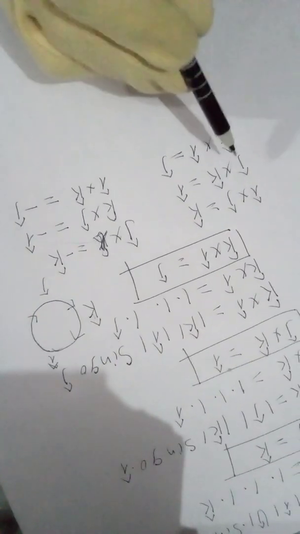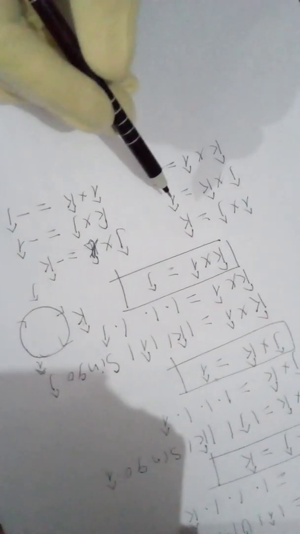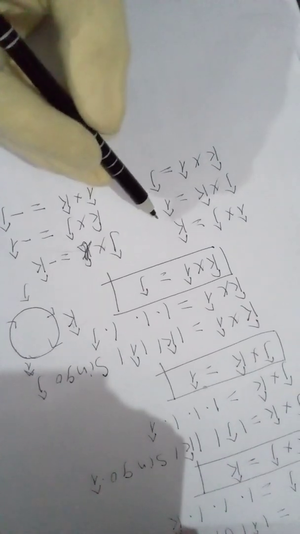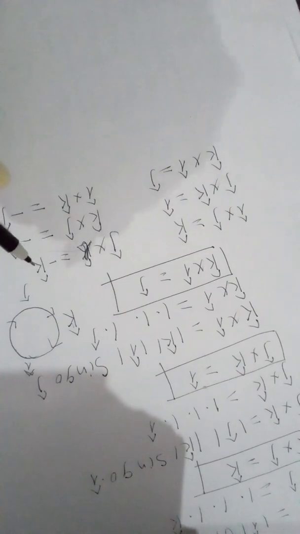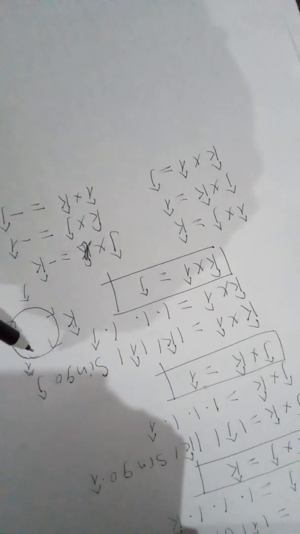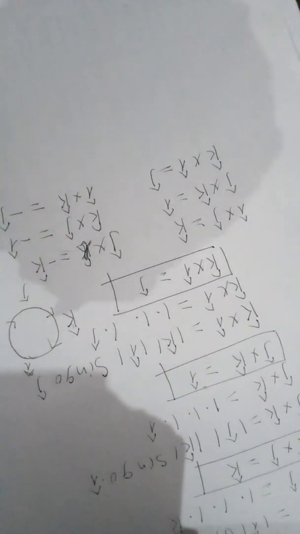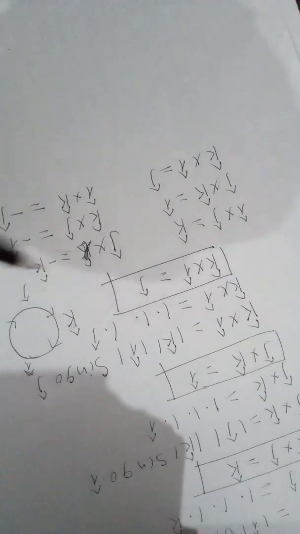So that's the cross product of two vectors. Two unlike vectors give the third vector: i j then k, j k then i, k i then j. But what is the condition? Move in clockwise. Look at i j k on the circumference of the circle and move in clockwise. When you move in anticlockwise, this product becomes negative.